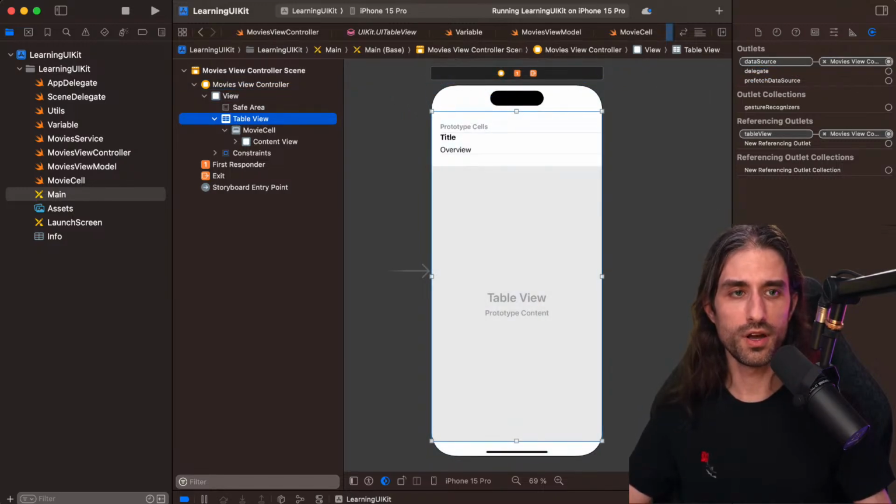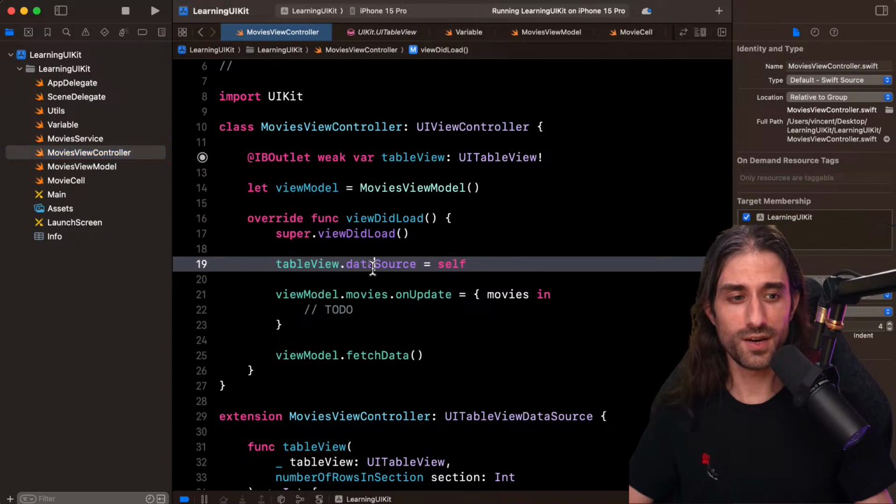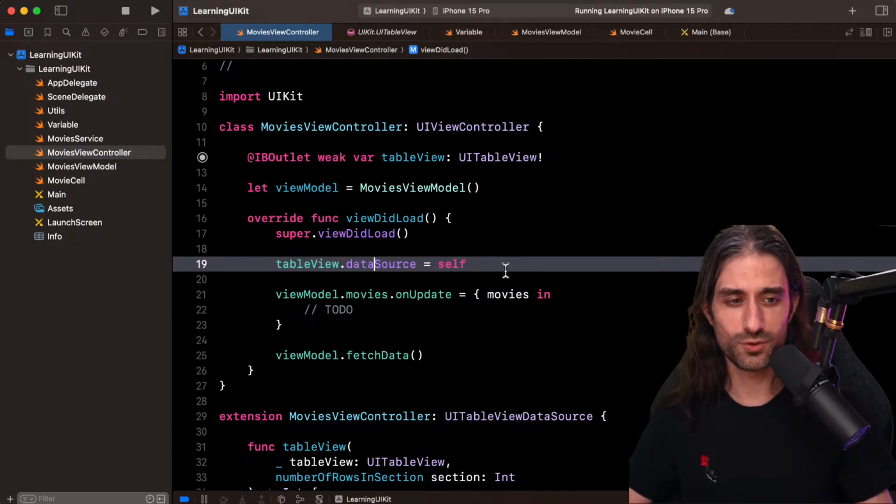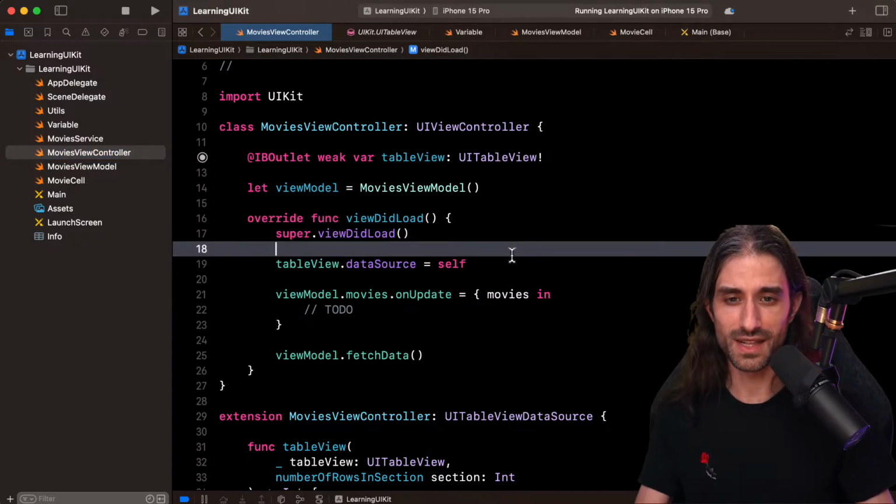You can do both. I'm going to do it only in the code because it's a little bit more obvious and it makes it more explicit, so it's better for learning. Once again, when you are able to write code in two places, it makes it harder to review the code. It makes how the code will run less predictable. So you can see, once again, one of the reasons why not everyone is super happy with using storyboards.